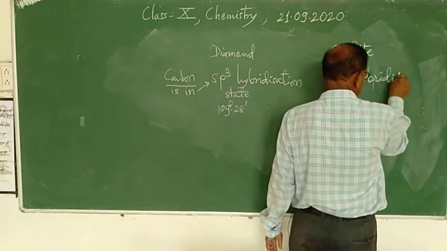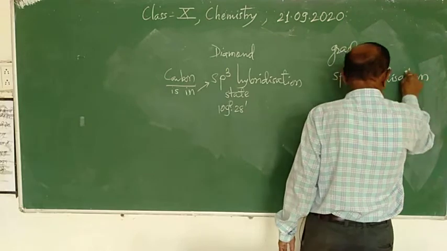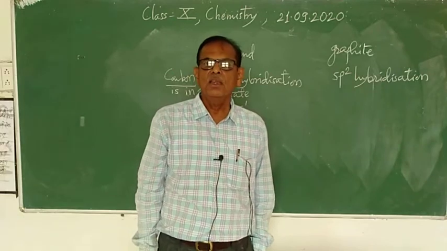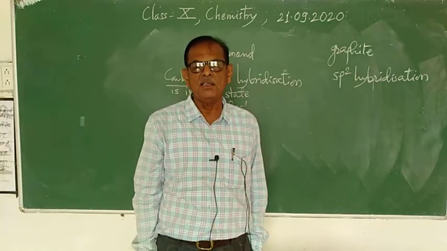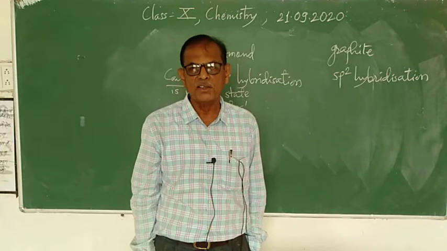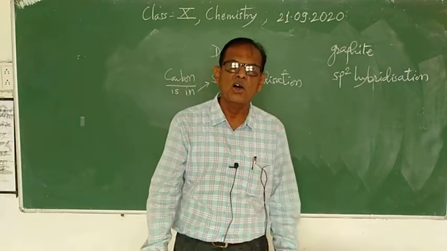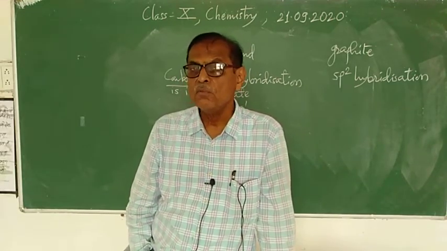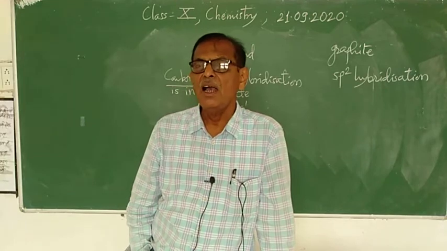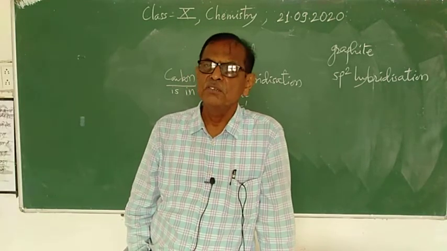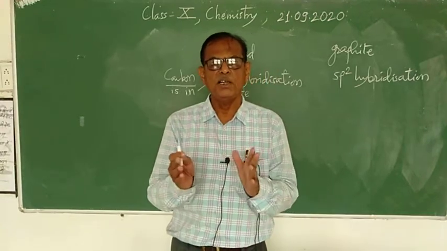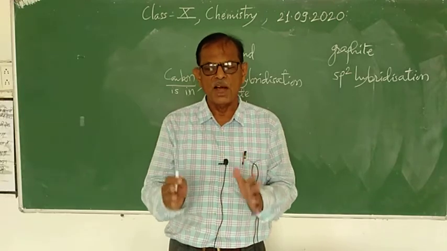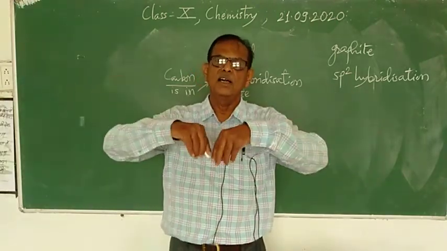Now what is hybridization? That you will learn in class 11. For example, in the excited state of carbon, the outermost shell has 4 unpaired electrons, present in the 2s orbital, 2px1, 2py1, 2pz1. So these 4 orbitals are half-filled, and before combination, the 2s, 2px, 2py, 2pz orbitals are mixed together.